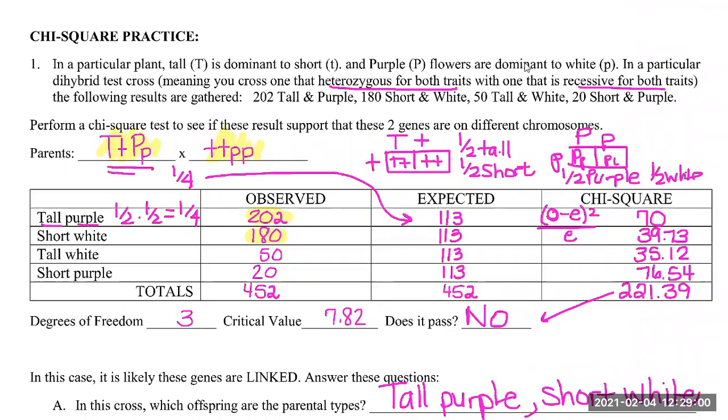Tall and purple and short and white. That's what I crossed. A heterozygous, which would have been tall purple, with a recessive, which would have been short white. So the offspring that look like one of those parents, those are my parentals. The ones that have the opposite combination, in other words, they got tall from one parent, but then white from the other, or they got short and purple, those are called recombinants because they have a new combination of the